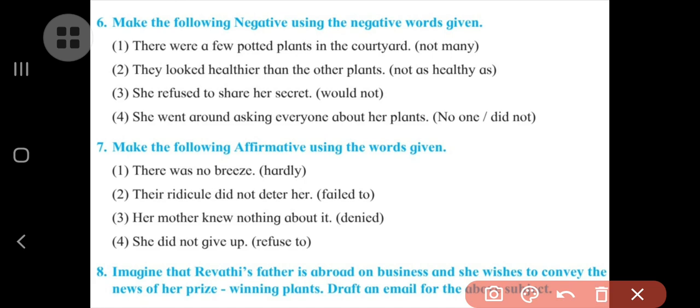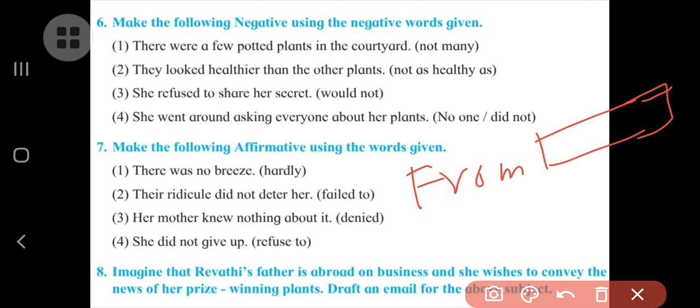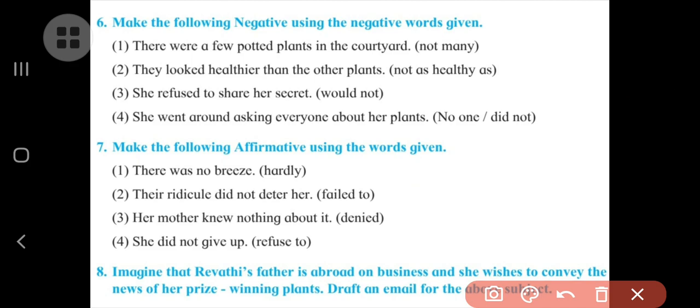Now when you are writing an email, what we have to do is first write from. Later you have to make a box in which you can mention your email, understand? In the next line you have to write to, and after to put a colon. Make another box. Here you have to mention the email address of the person to whom you want to send, right?